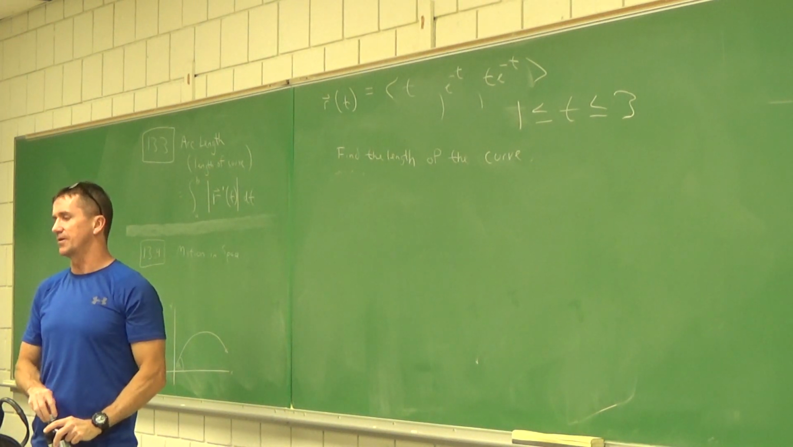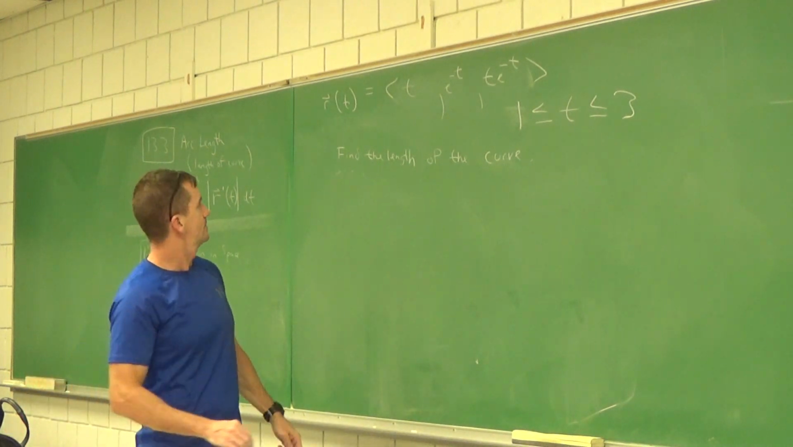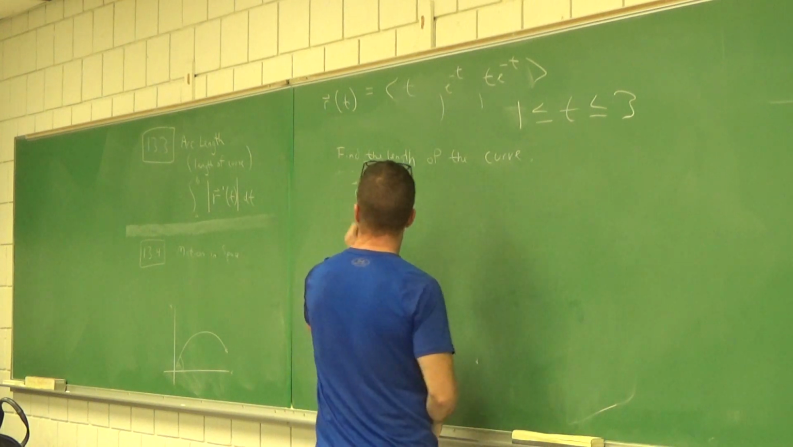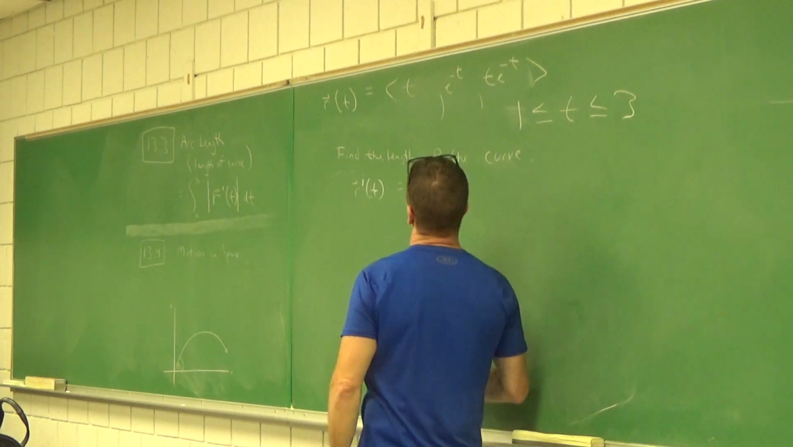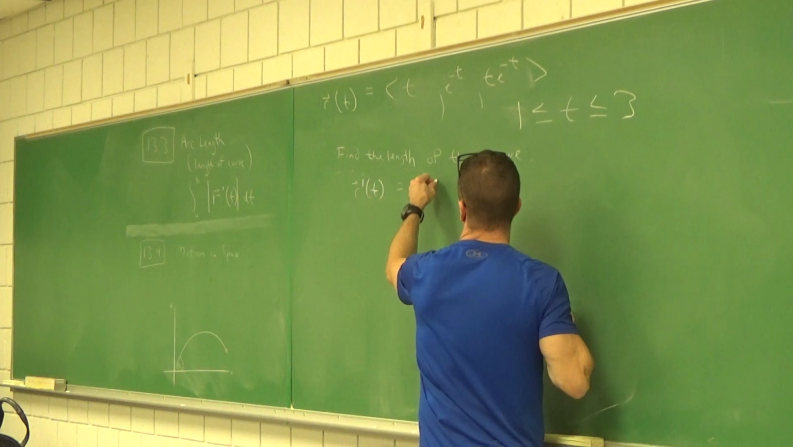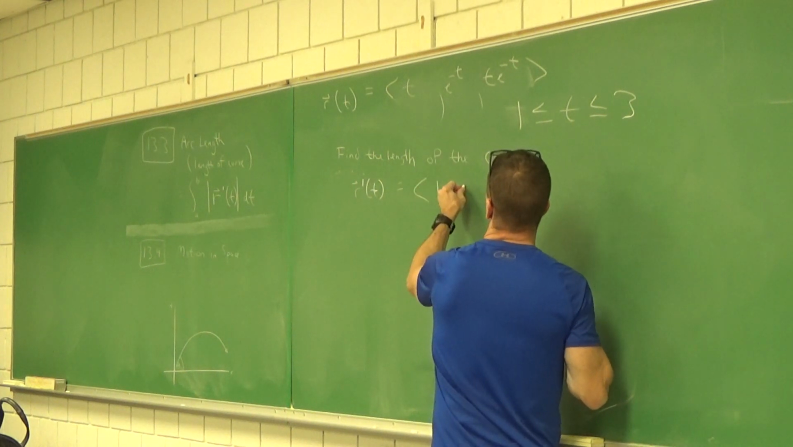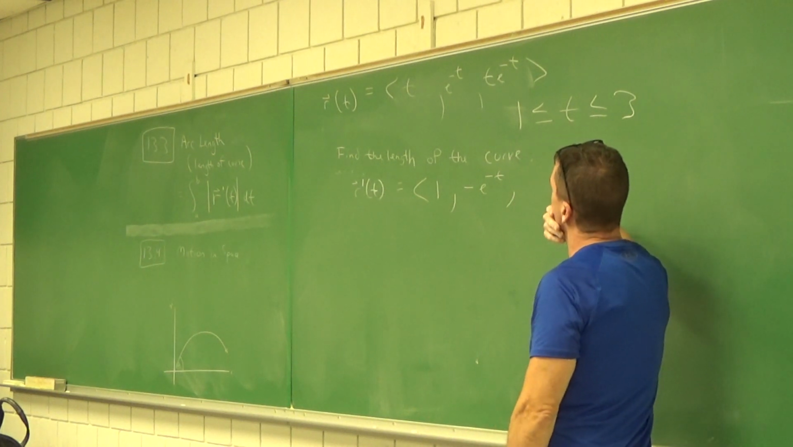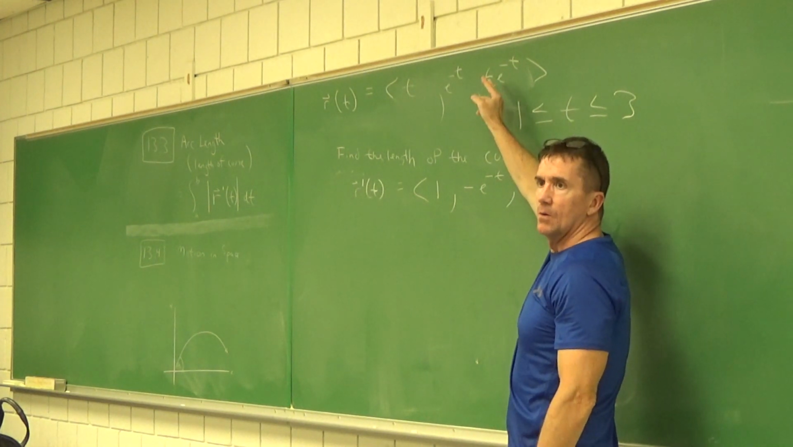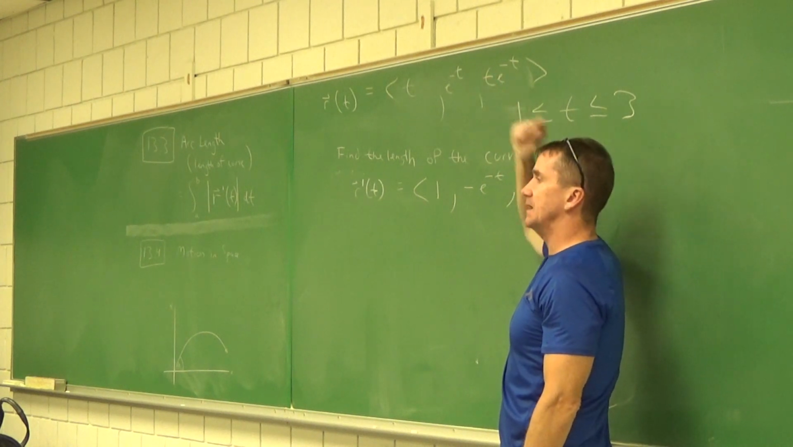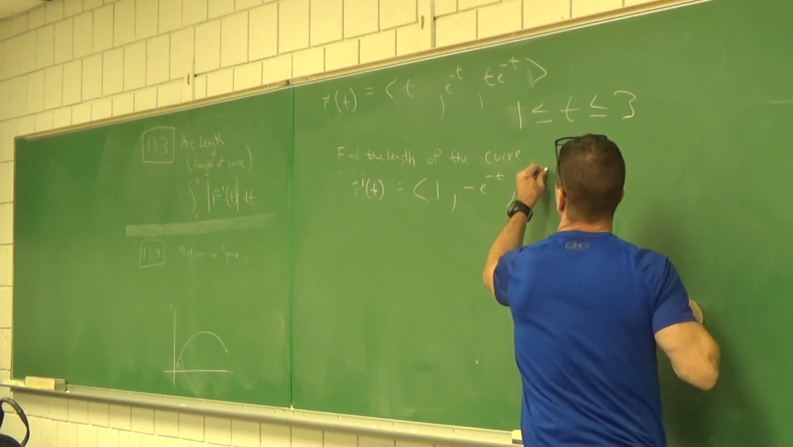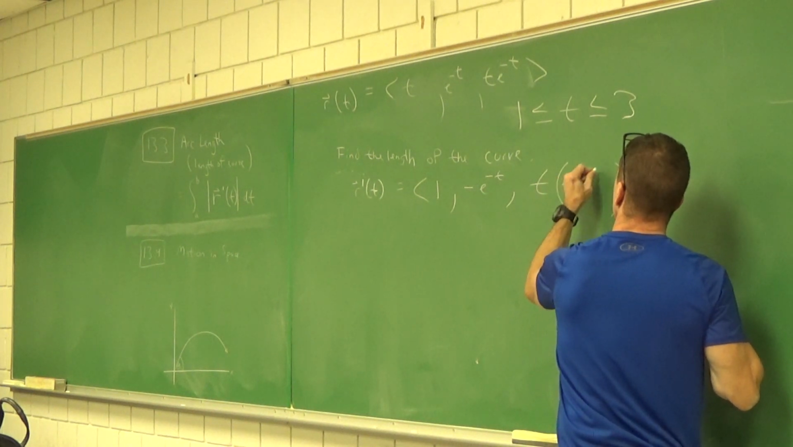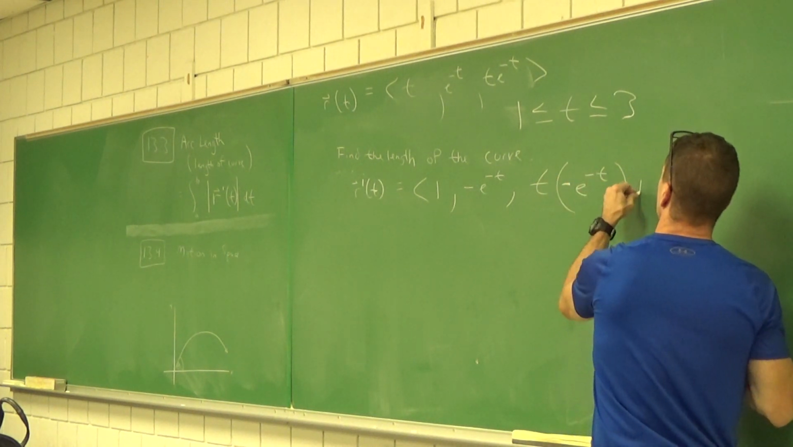Just be careful with those derivatives, right? What's r prime? What's that derivative? 1. And negative e to the power negative t. Chain rule, right? What rule do you need? Product. We need product rule. See the t in front of that e to the negative t? So first, derivative of the second is a negative e to the negative t. Plus